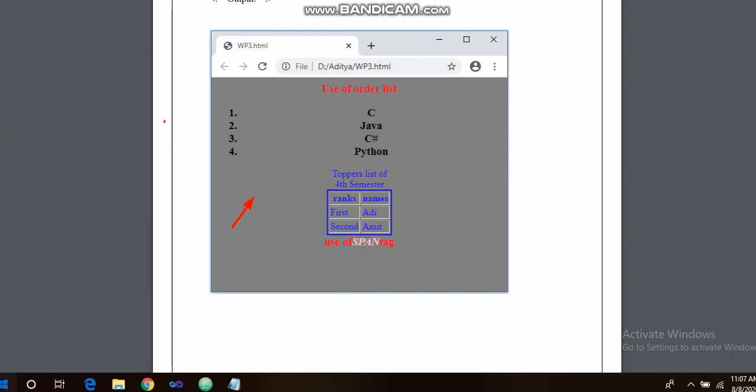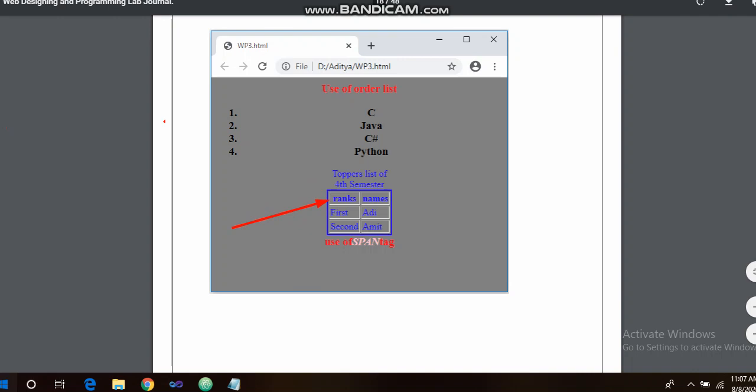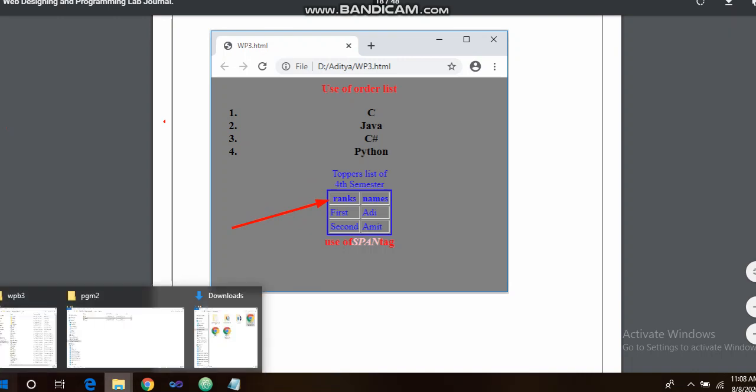So what we need, we have to take this, that is use of ordered list. Then we create some data here, we create a toppers list, and here we show the utilization of ordered list, and also we show the utilization of external style sheet. Okay, so I will just highlight the code now. I will elaborate to you in detail.